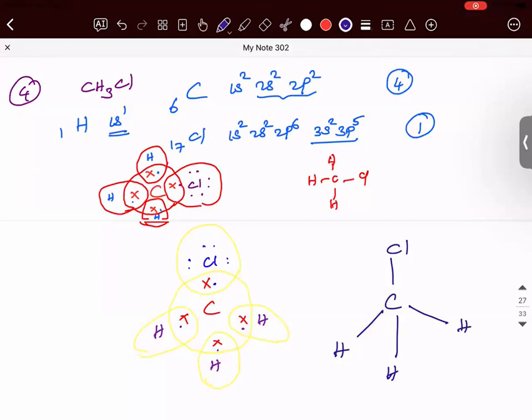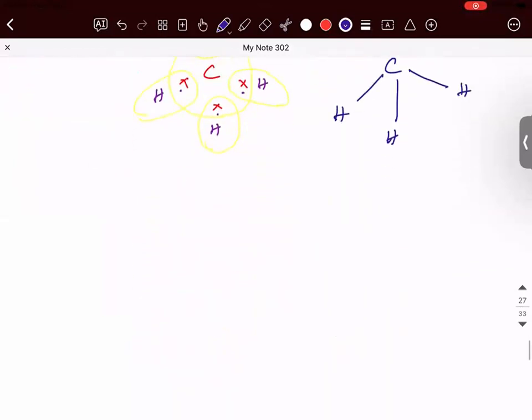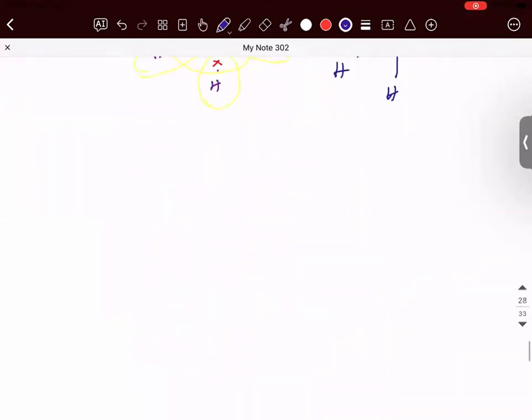Draw the electron dot structure for ethanoic acid. You try yourself. Fifth one, A, ethanoic acid. What is the formula for ethanoic acid? CH3